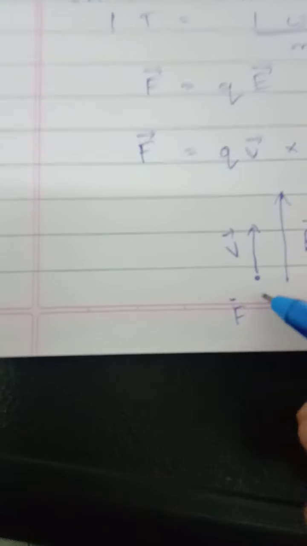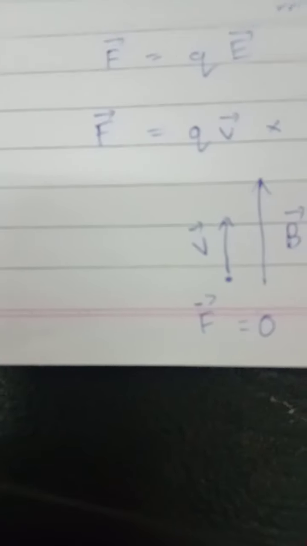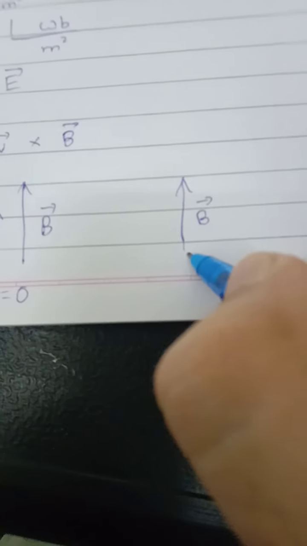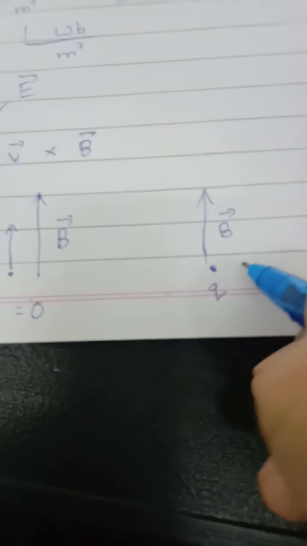This is basically the cross product. I'm not going to go into the details of cross products of vectors, but it basically tells us that if this charge is traveling parallel to the B field, there is no force exerted due to the B field. Suppose I have a B field in the positive y direction, and my charge is traveling parallel to it with a velocity v bar. The force is going to be 0. But if I have a similar B field in the positive y direction, and a charge traveling in the positive x direction,